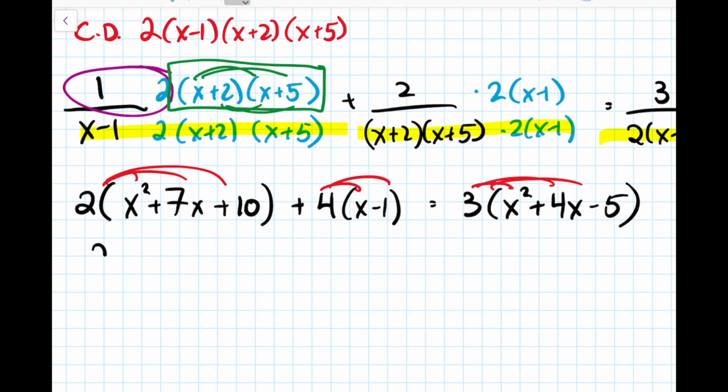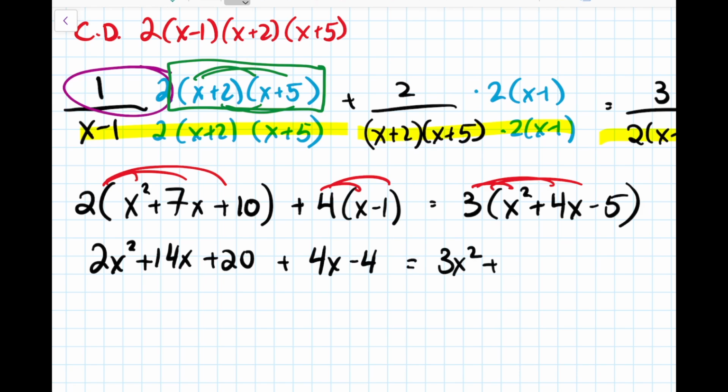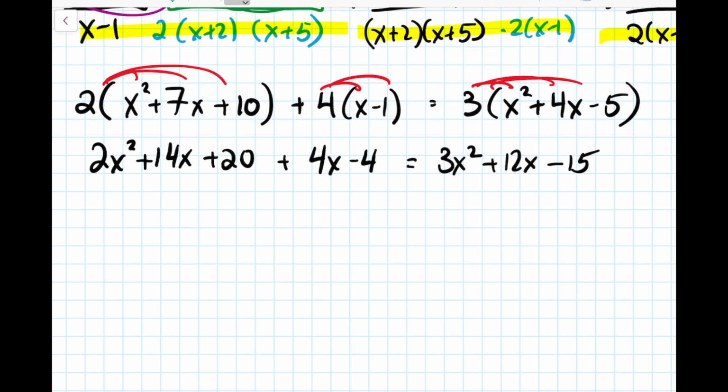Once we've done that, we end up with 2x squared plus 14x plus 20 plus 4x minus 4 equals 3x squared plus 12x minus 15. We can combine some like terms on the left side here. So 2x squared is just going to be 2x squared. 14x plus 4x is 18x. And then the 20 minus 4 is 16. On the right, there's not much to do yet,